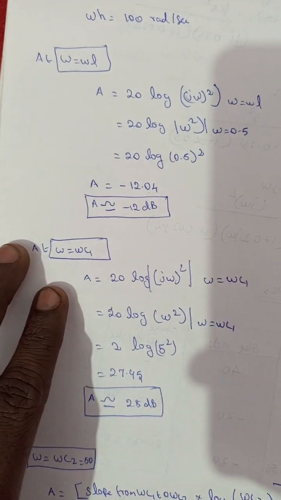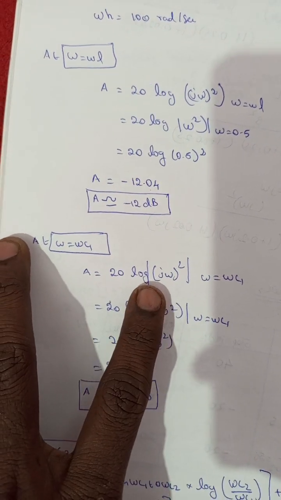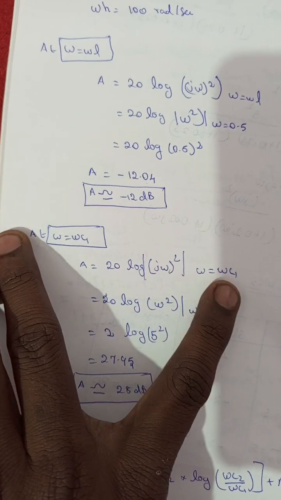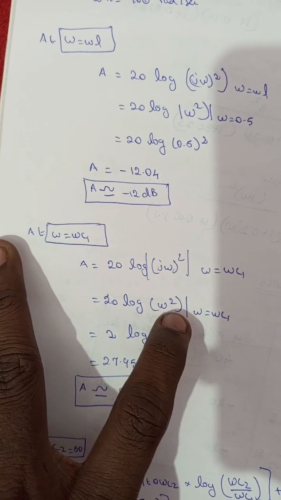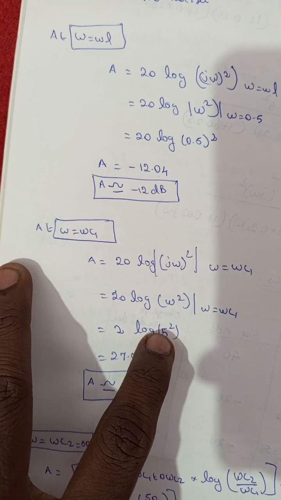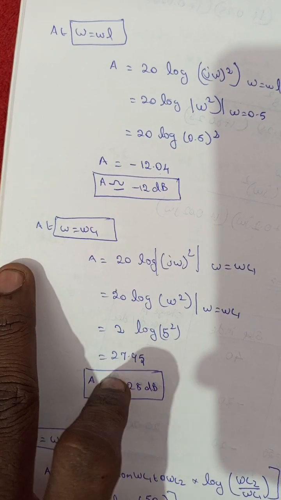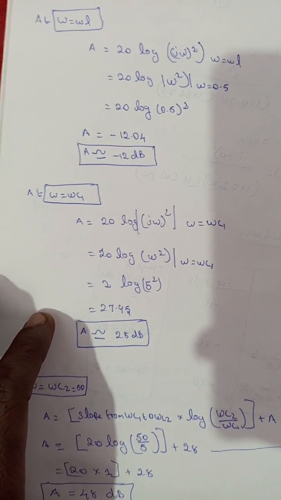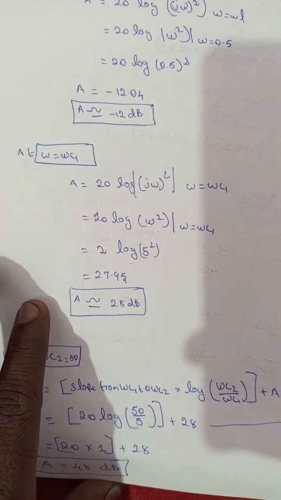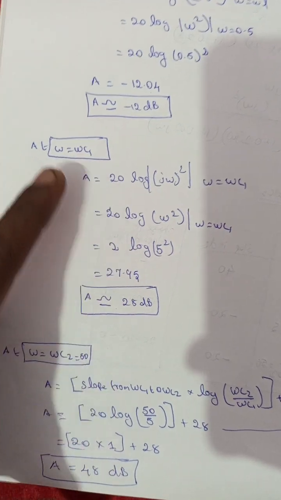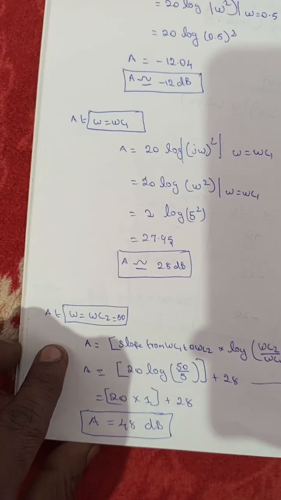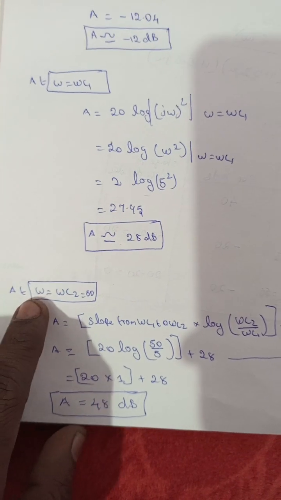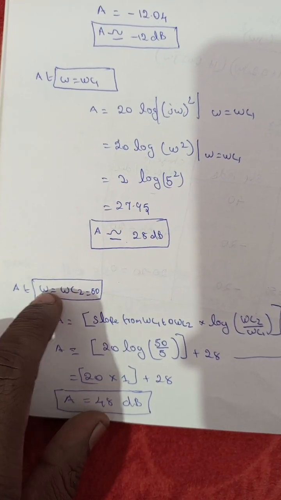So A is equal to 20 log |jω|², where ω is equal to WC1. We have to replace the omega value with the WC1 value. WC1 value we know is 5, so 20 log 5 square will give the answer 27.95. So the approximate value is 28 dB, and after WC1 we are going to find the value for WC2. WC2 we know the value,